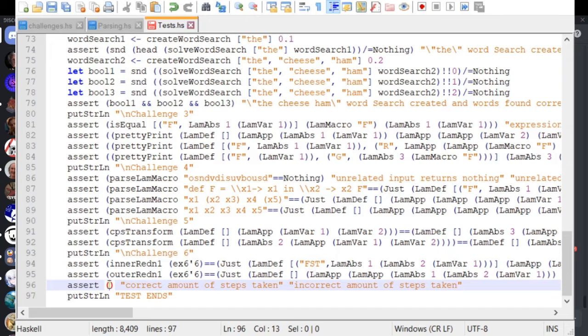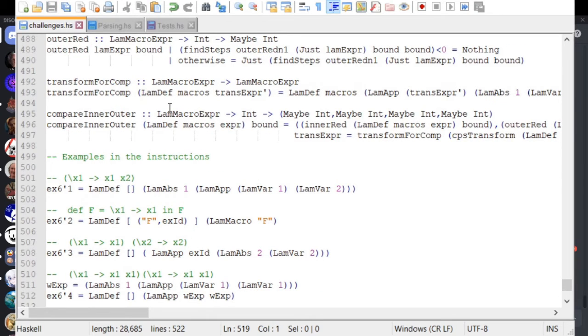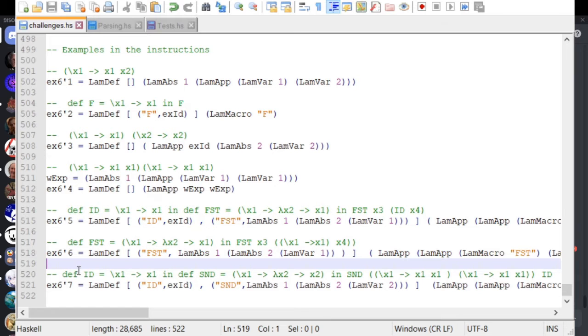There we go. Now compare inner outer. What are we giving this again? The lambda macro expression and an integer. Okay, fair. What I'm going to do then